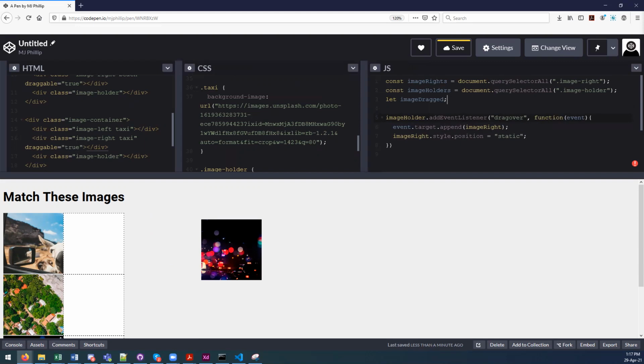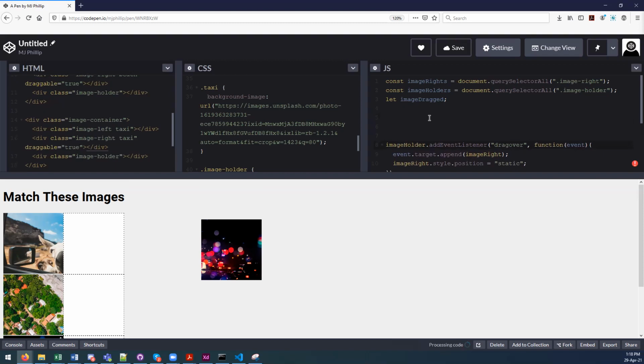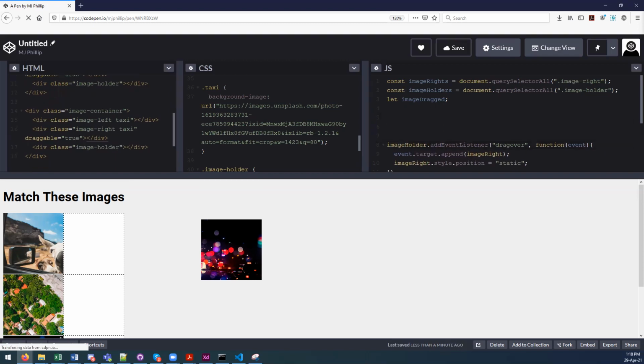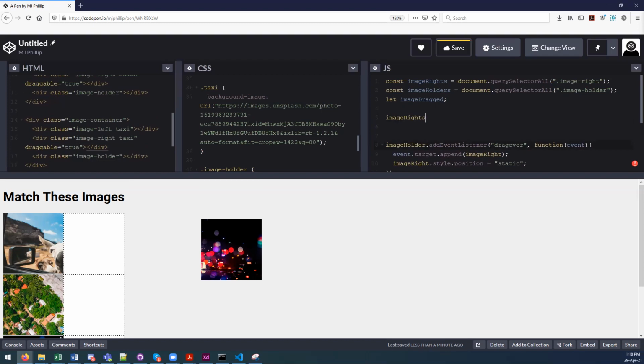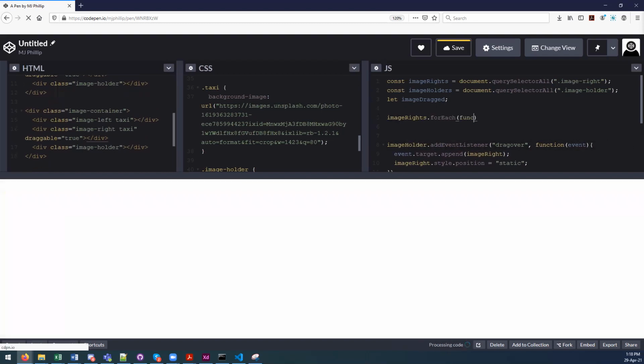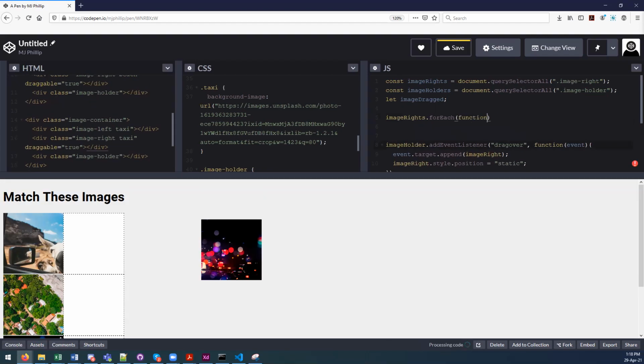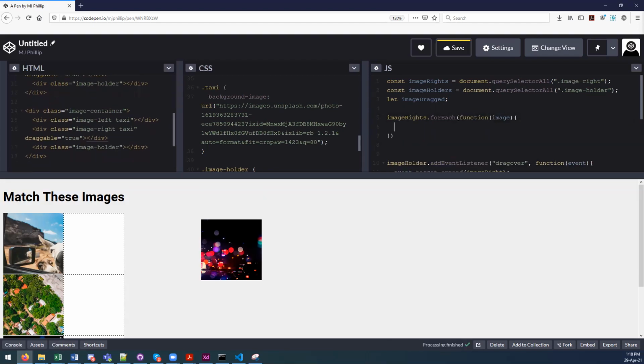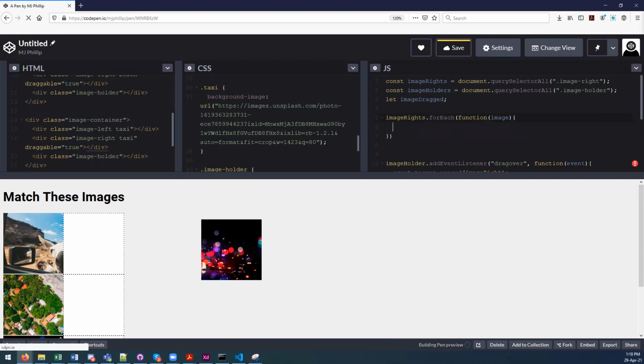Okay. So currently all of the images are stacking on top of each other, which is not what we want. We want them to be randomly placed around. So I will do that now quickly. I'm going to say for the image rights, I'll run a loop. Say for each image. And what I'm going to do is create a random number, and I'll set the top to